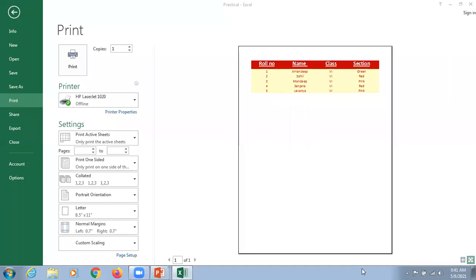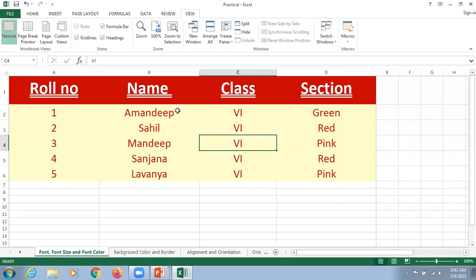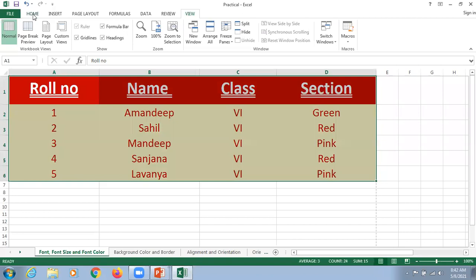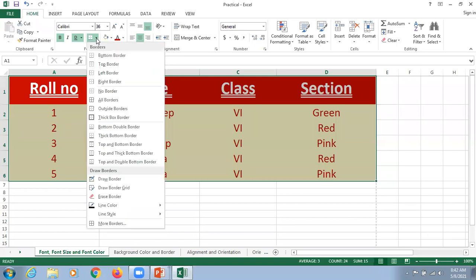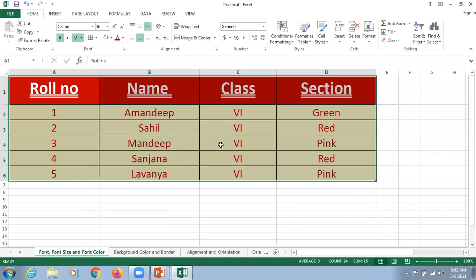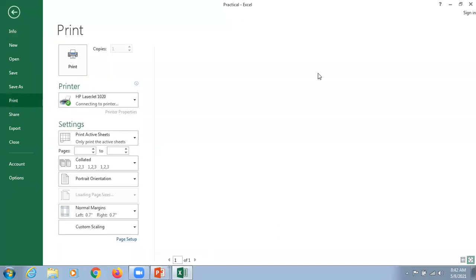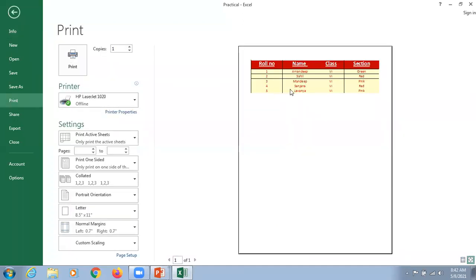Thank you very much. But one thing, dear students, the border is not appearing. So we are just going to select this information, click on the Home tab. Here is the symbol which we have discussed earlier also. We click on that, and ample amount of borders are being represented. First of all, we can simply click on the All Borders option. I'm just going to click here, and now I'm going to show this in the print preview option. Now kindly concentrate. There is a border. The border is appearing on the screen.